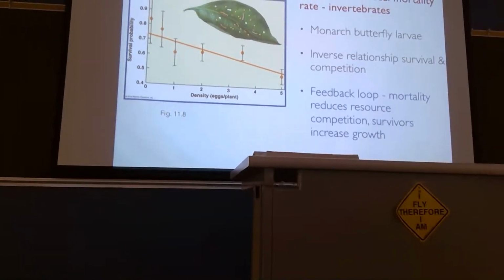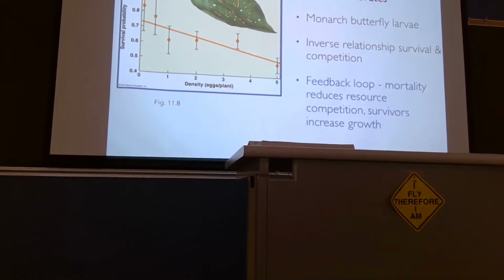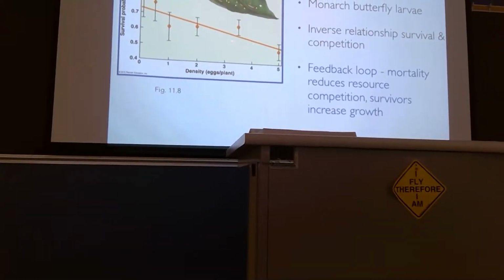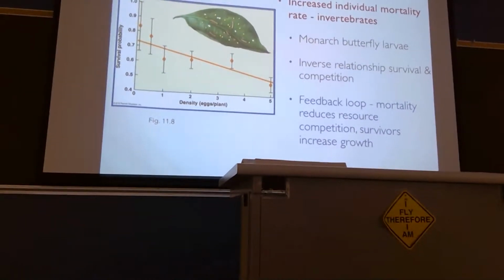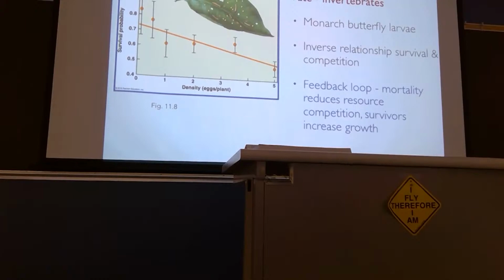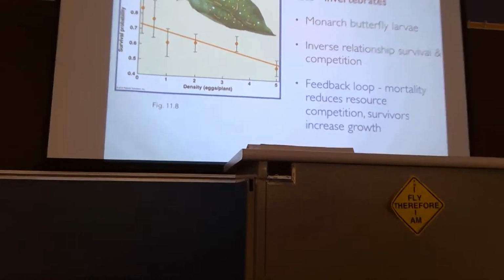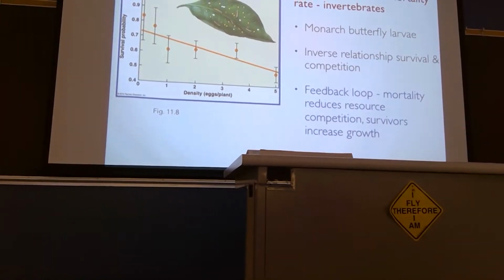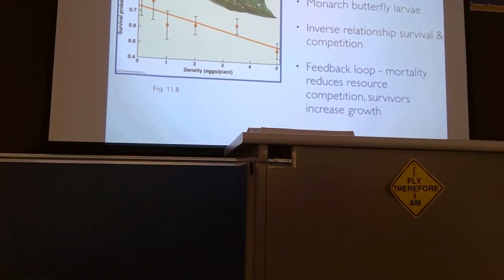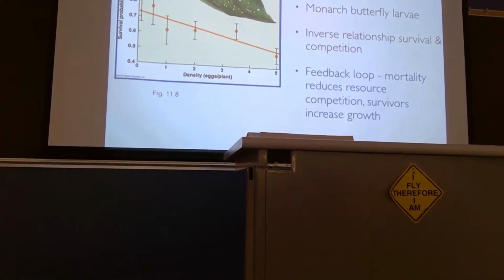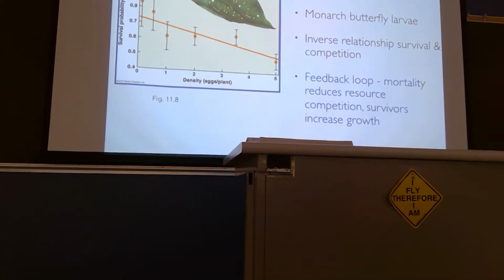What is interesting is that they have a line on here, but they don't show us the R-squared value, the fit of this particular line. But you notice that the data kind of go like this, and there's this big jump at the end. This is what we can consider a feedback loop, and we're going to talk about it as self-thinning. As the competitors die off from competition, the survivors have greater access to resources. And as a result, they'll do even better. Okay, their survival and growth is enhanced by competition. It's that idea that they have won the contest and they're actually going to do better than just straight prediction would say.